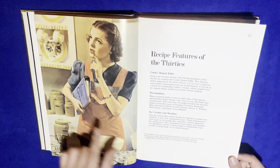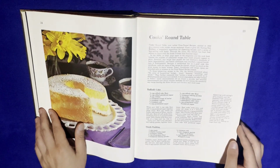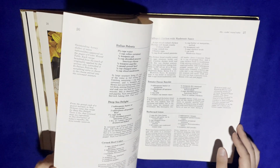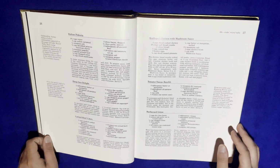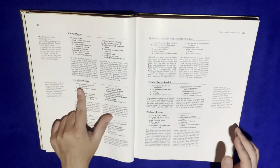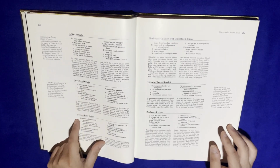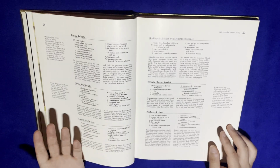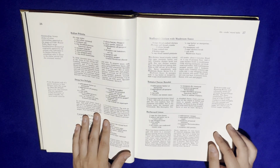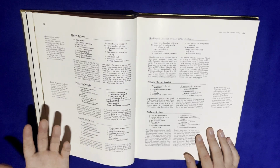Okay, this is a shameless plug for the cookbook that they offered in the 30s. I really don't care. Daffodil cake, Ozark pudding. I think I'll flip through and read some recipes that jump out at me. There's 3 on this page, and one is named so cryptically: Deep Sea Delight. And then we have corned beef cakes, and then barbecued limas. I'll do the Deep Sea Delight and the barbecued limas. I can picture corned beef cakes in a way, but